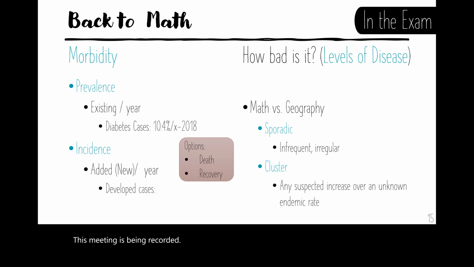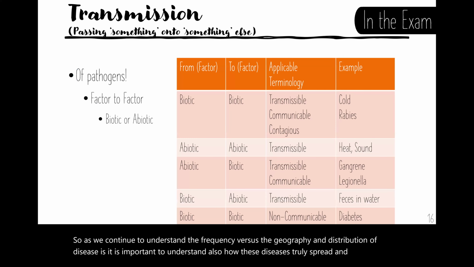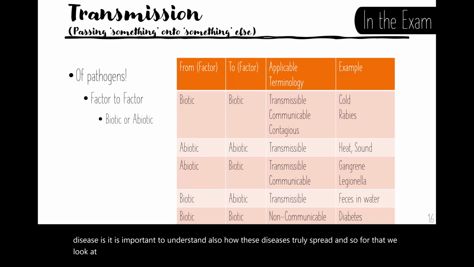So as we continue to understand the frequency versus the geography and distribution of diseases, it is important to understand also how these diseases truly spread. And so for that, we look at its transmissibility, this idea of passing something on to something else. Now, again, this doesn't imply that it has to be alive. So as a way to kind of compare this,